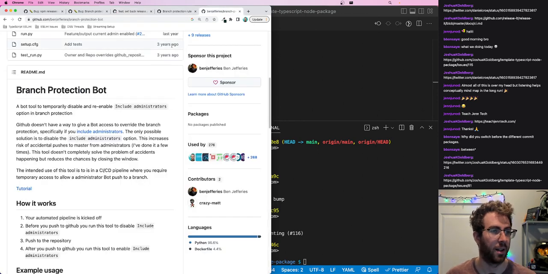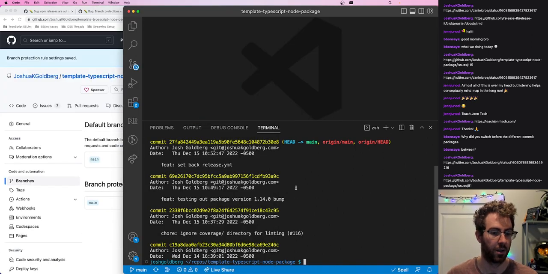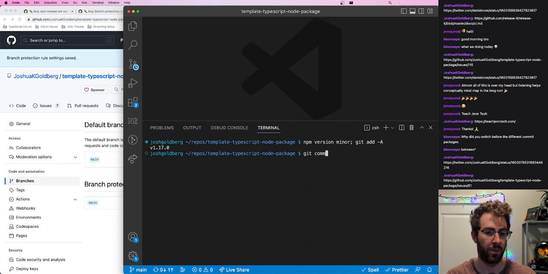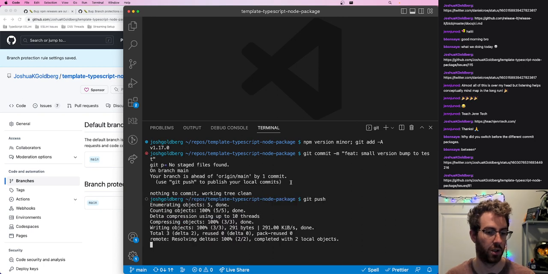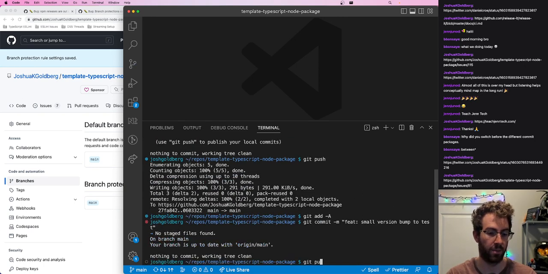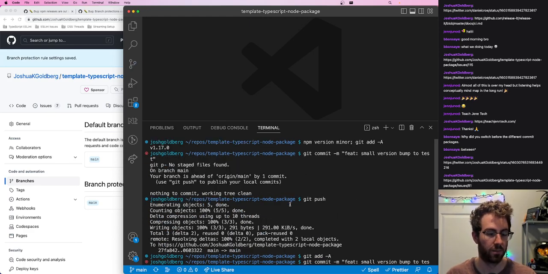What I'm going to do is I'm just going to remove the lock branch. Here I have a cool little thing. npm version minor, git add all. Git commit, feat: small version bump to test, git push. Git add all, git commit, git push. Oh. I guess